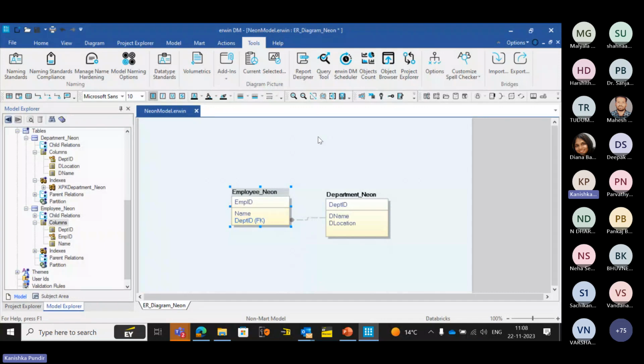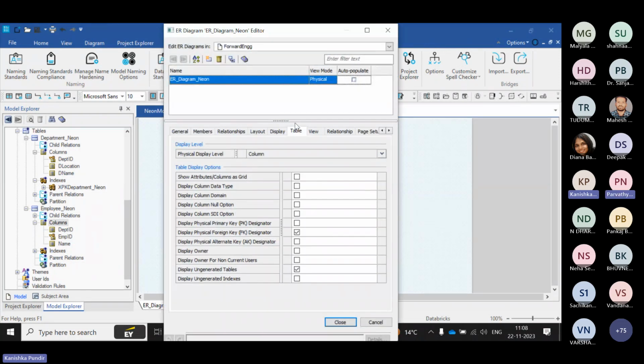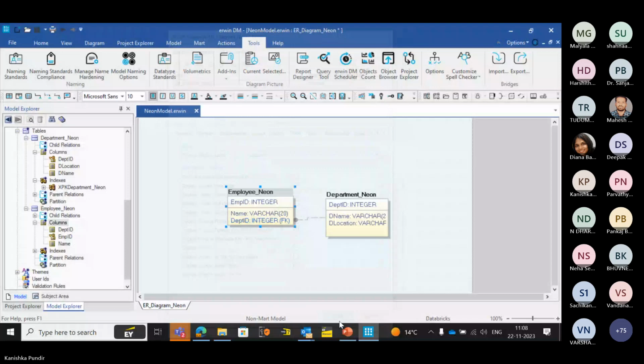And if you want to see any data type here, we have properties, model properties. And in the table, we have column data type here. We can tick mark it. And now you see the difference. Earlier, the data type was not available here, but now it can be seen. So this is a somewhat basic demo of the data modeling tool, Erwin,